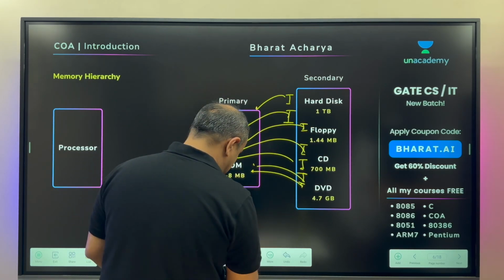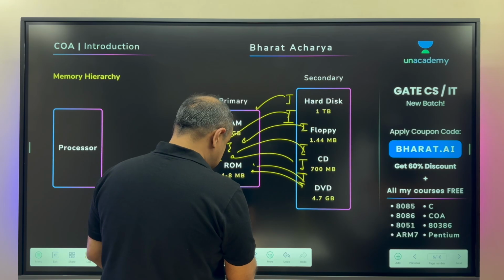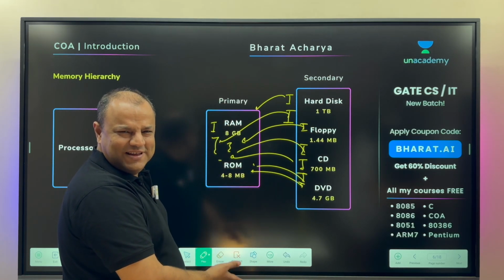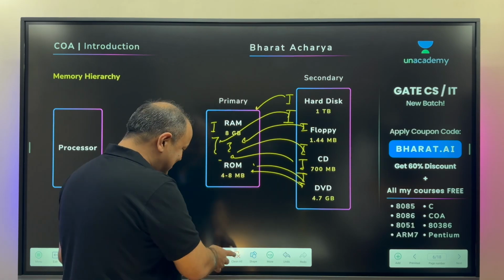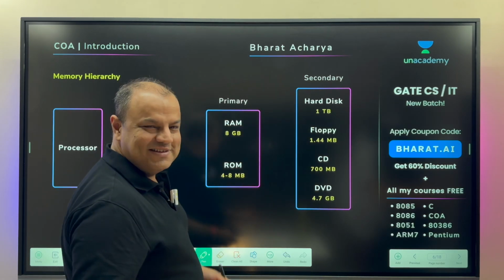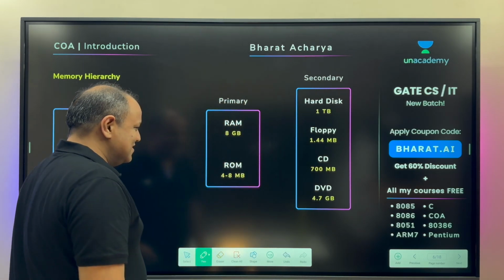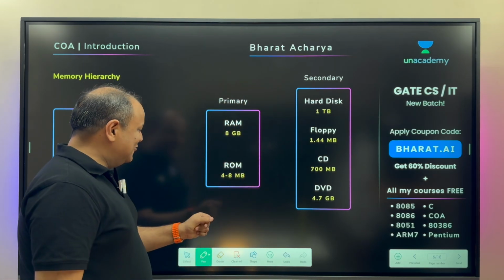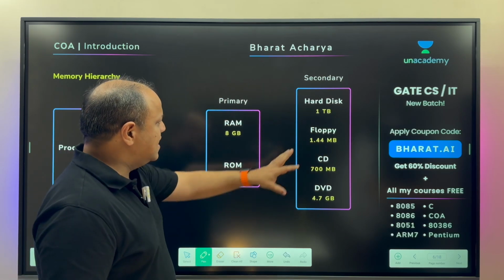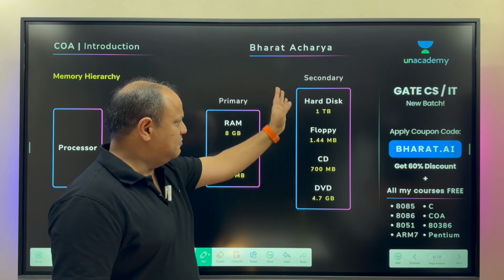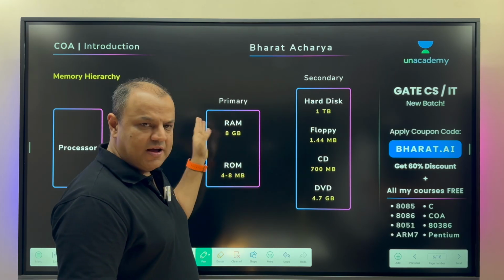so I hope you understood how this whole swapping of pages happened. Of course, not in detail, just giving an introduction. All of these are questions, all of these are numericals. They will come when the time comes. This lecture is just an introduction to the subject. I have not even started the core theory. Now, we understand everything is brought into the RAM. This is for portability, this is for storage, advantage very cheap, advantage super fast, writable, etc.